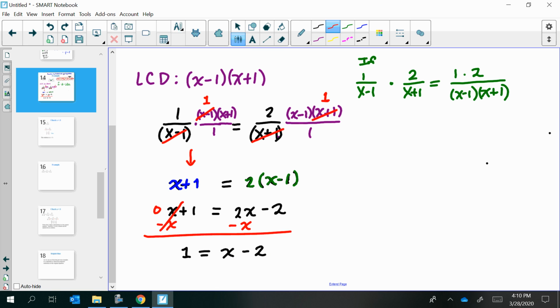And then get the x by itself. And so now I have x equals 3. So my proposed solution set